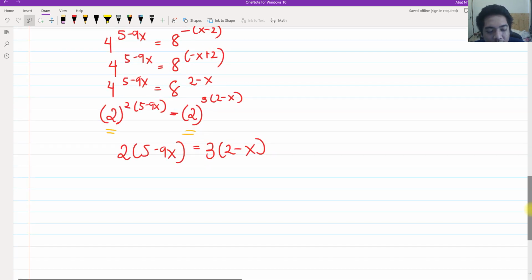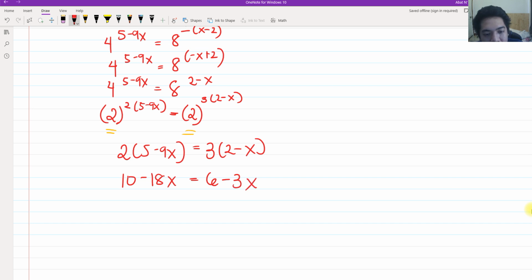Okay, so let's now solve for the value of x. We have 10 minus 18x equals 6 minus 3x. We just have to distribute. Okay, so we have 10 minus 6. Transpose it here. And this negative 18x, transpose it here. So we have negative 3x plus 18x. So that's 4 equals